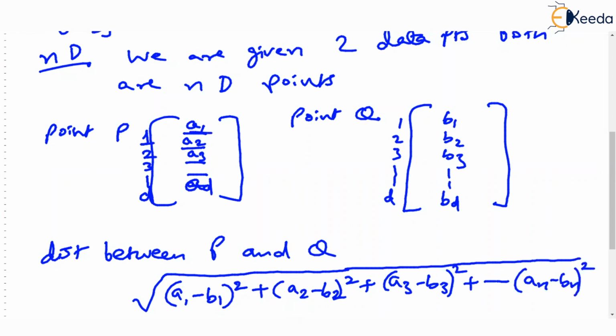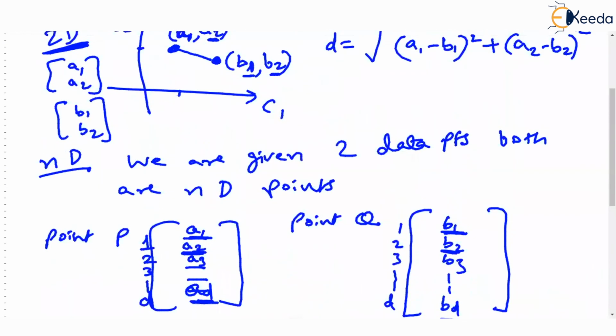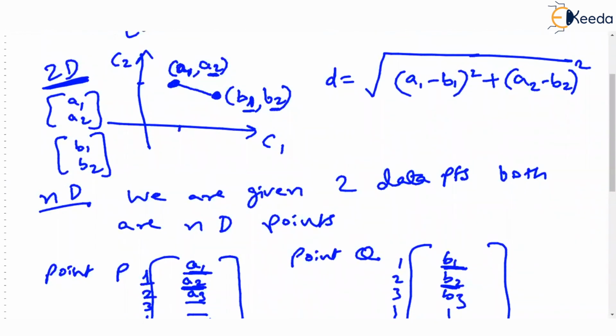That is the first component a1 subtracted from the second vector's b1, squared; the second component subtracted, squared; the last component subtracted, squared; and the square root of the whole summation, which is exactly the same as what we have written in 2 dimensions. Correct? So now do you understand? If I repeat our discussion of the data set,